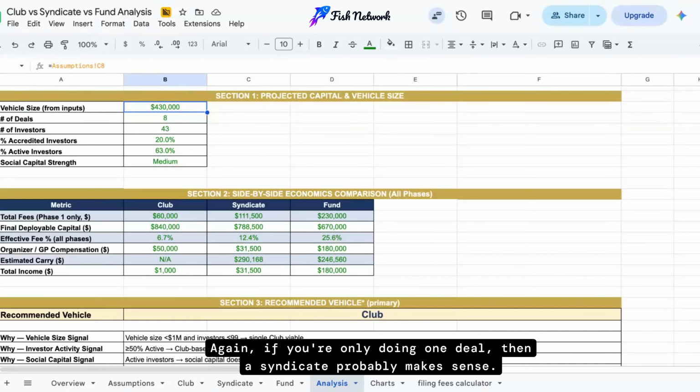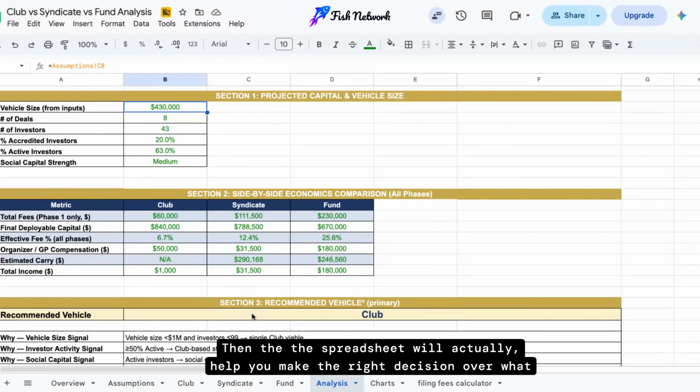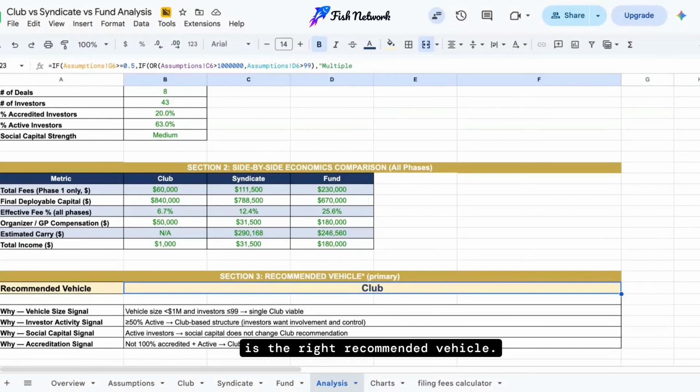Again, if you're only doing one deal, then a syndicate probably makes sense. But if you're doing multiple deals and you have a big personal brand and maybe half of your investor base is not accredited, then the spreadsheet will actually help you make the right decision.